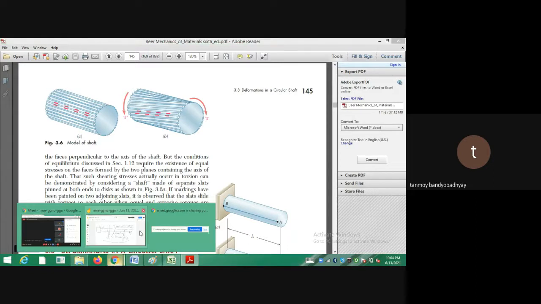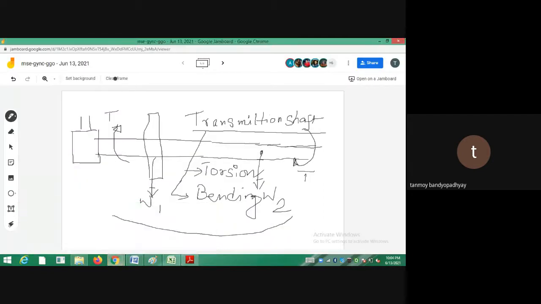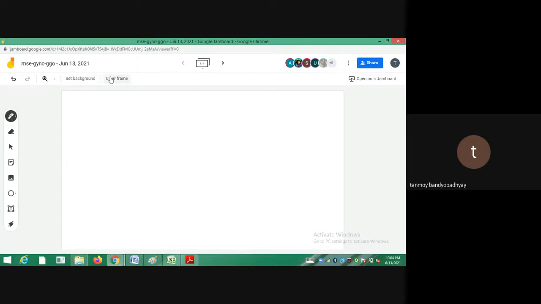There is something called warping of a cross section. Sir, if the lines get tilted or slide, then the length of the line will increase. No, the length of the line won't increase. That is why I'm trying to explain that any line that was parallel just gets twisted. It doesn't increase or decrease in length. There is no change in the length of the line. So that is an assumption basically.